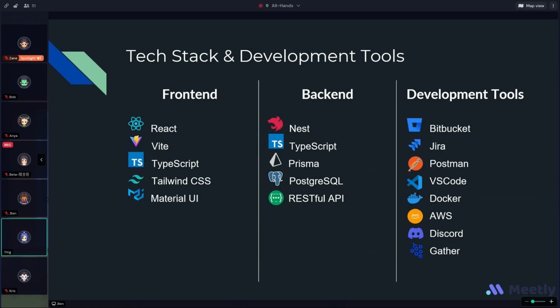For styling, we use Tailwind CSS to quickly create responsive layouts, and Material UI provides pre-built components to maintain design consistency. And on the backend part, we opted for Nest.js to build a scalable server-side application, paired with TypeScript for consistency. And we used Prisma as our ORM for smooth interaction with our Postgres database, and we exposed our functionality